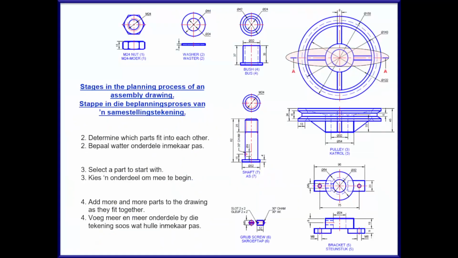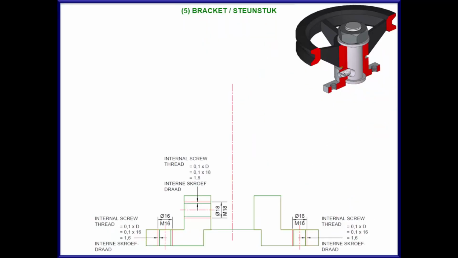Here we can see on the top view, the cutting plane cuts through the spoke longitudinally, that means in its length, and this is part of the theory you need to know in order for you to apply it to your drawing. We will start, as previously stated, with our bracket, which is the lowest point in our drawing. We will add the parts from the bottom upwards.